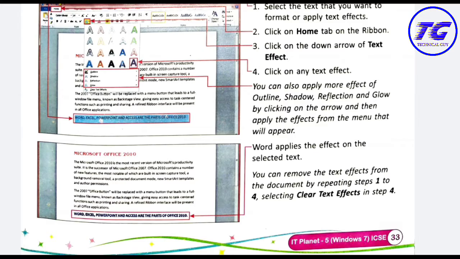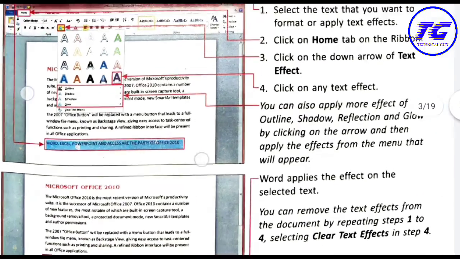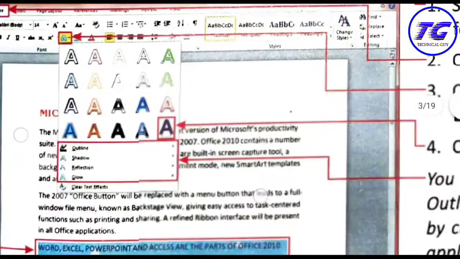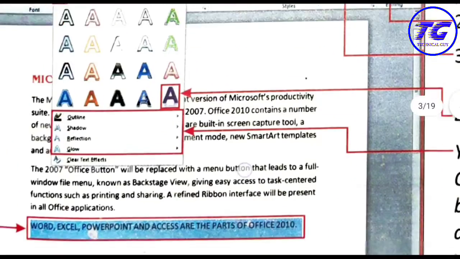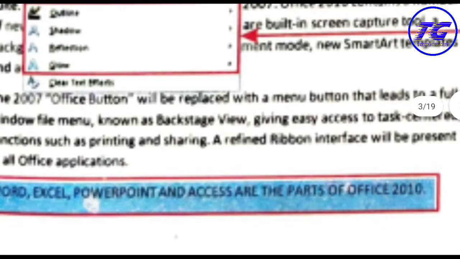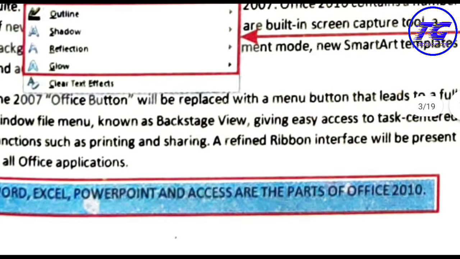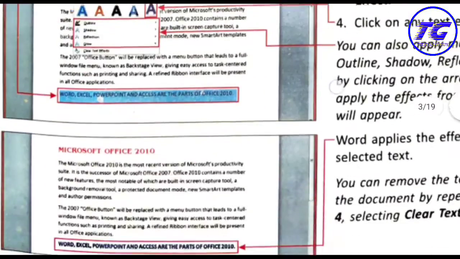For clearing the effect, you have to again click on the text effect button, and the last option you have is this one, clear text effect. So it will clear the effect that is applied on the text.